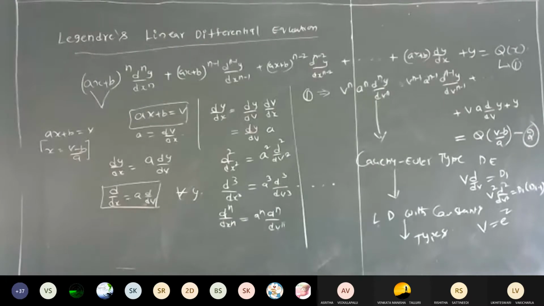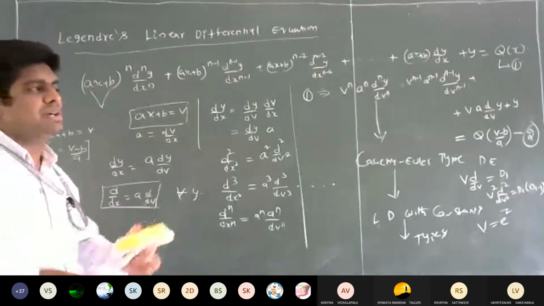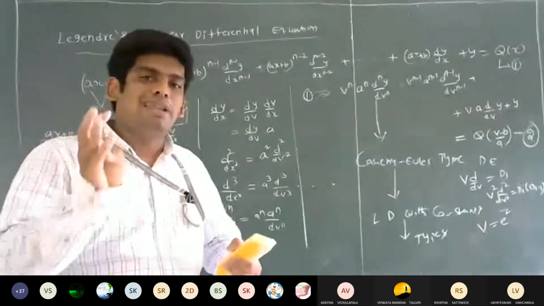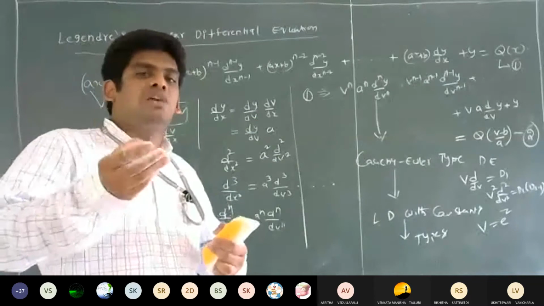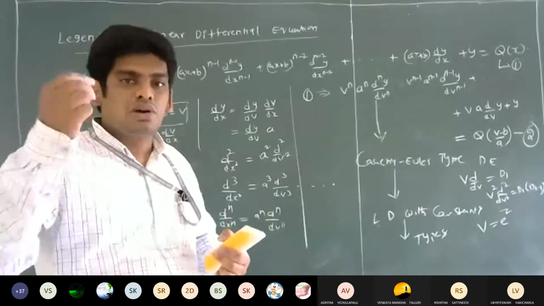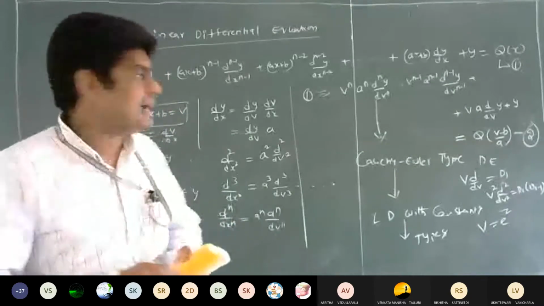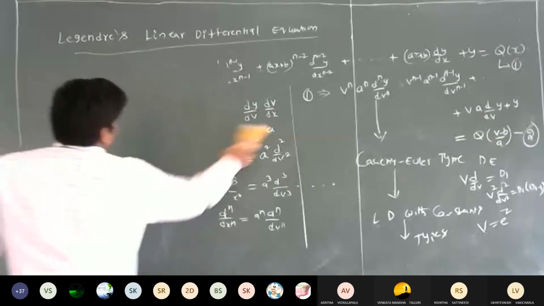Yes, sir. Right, good. So this is the original process of how to solve the Legendre's differential equation, right? If you know very well about solving linear differential equations, then Cauchy-Euler type is just an extension to the linear differential equation. Next, Legendre's type is just an extension to the Cauchy-Euler type, right? Related to this, we will solve one problem.